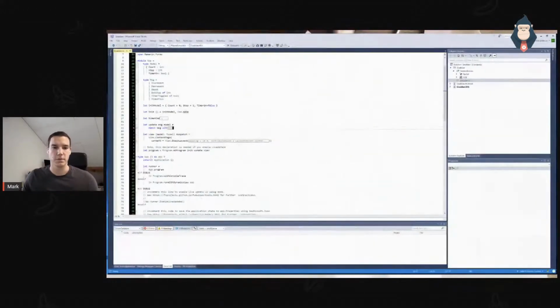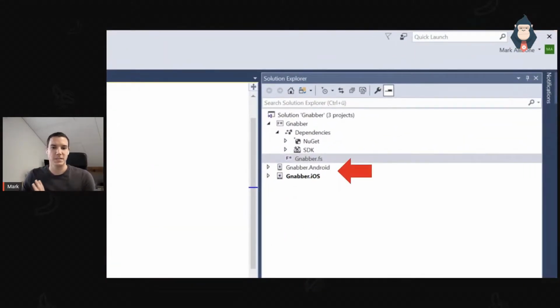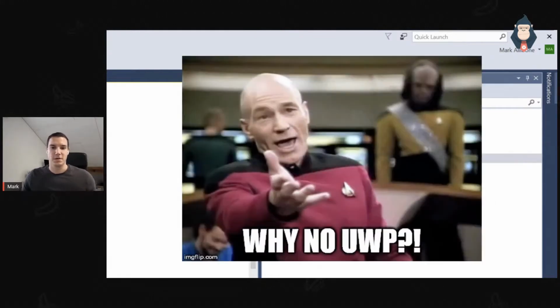So what's going on under the hood? Before we go there, let's see. Okay, what we generated is a basic Android and iOS app, which we just have seen. Now I'm showing you here a sample from a Windows platform, and some people always scream, hey, why no UWP? The reason is that UWP does not really support F#, the last time I checked. So you can do it, but there are certain limitations. What you usually end up doing is you write your UWP app in C#, the starter project, which will then call the app of the Xamarin.Forms project, and then it will just run.